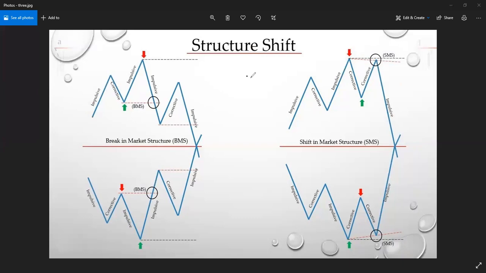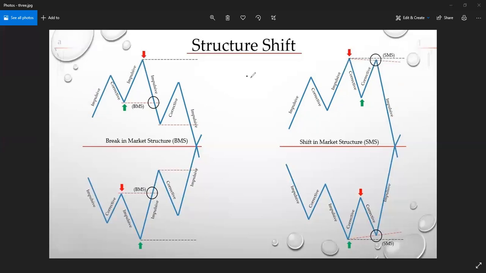Then when it makes the second impulsive move, it will break the previous high to create another higher high. Then it will come back and break the previous low, the previous lower low,